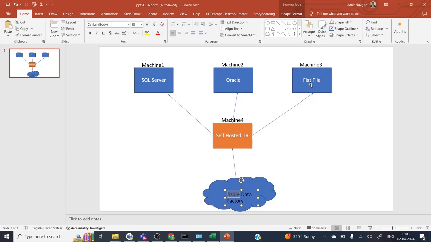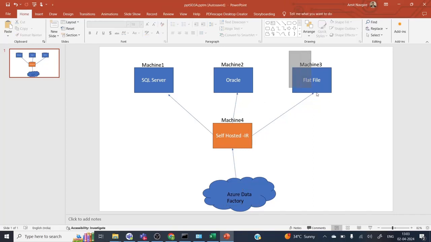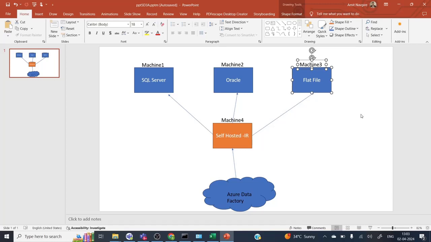It is a piece of software that you have to install on a centralized machine which has access to all your source systems. Now, it may also happen that this particular machine is in a separate network, and this machine 4 doesn't have access to machine 3. In that case, what I would do is install this self-hosted IR on a separate machine, and